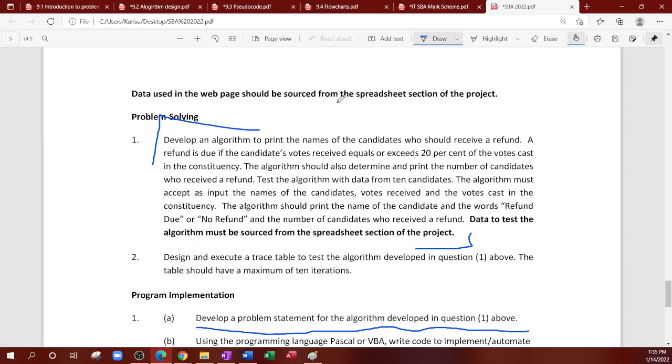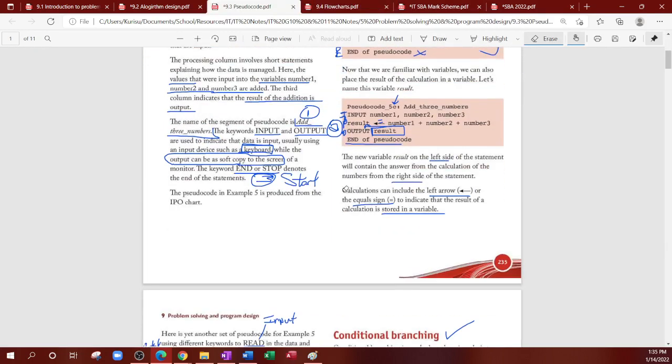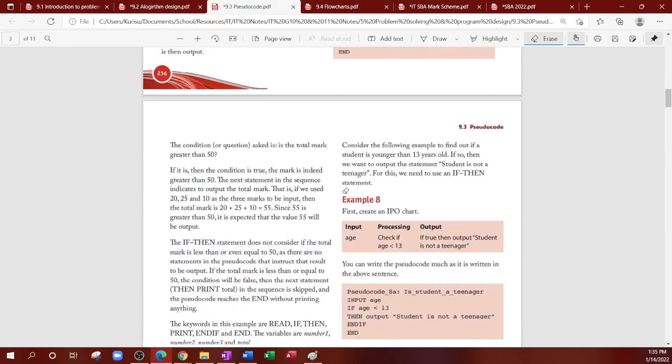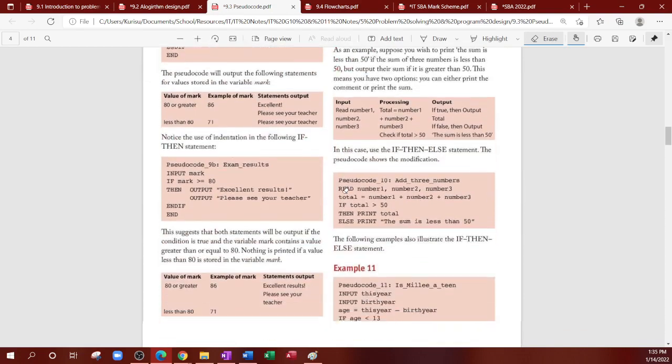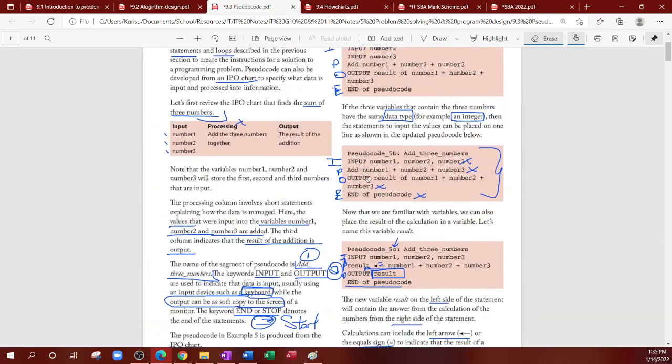Great. So remember, use the mark scheme as your guide. Remember, I showed you guys how to start your algorithm. Identify user-friendly variables. So this is actually not mentioned in the pseudocode examples, it just says to input age and so on. But for instance,